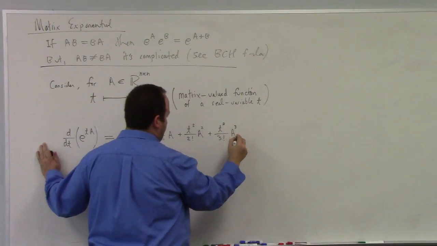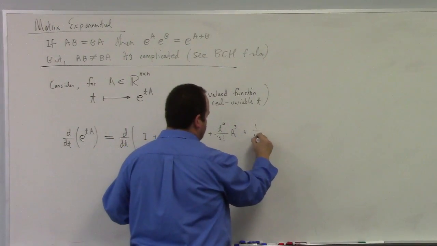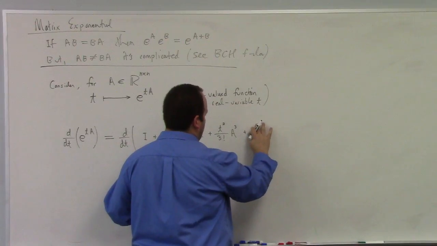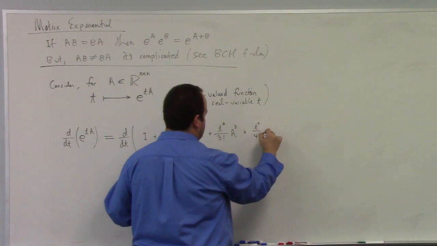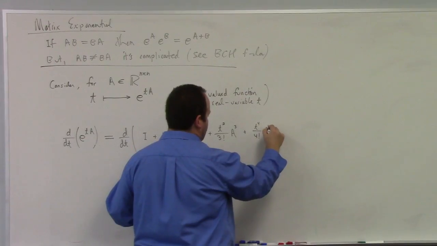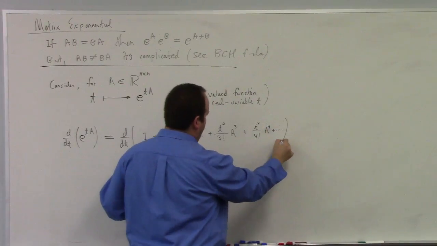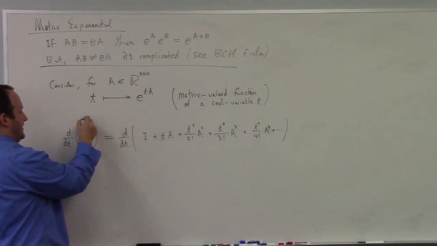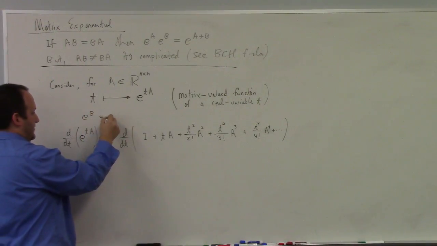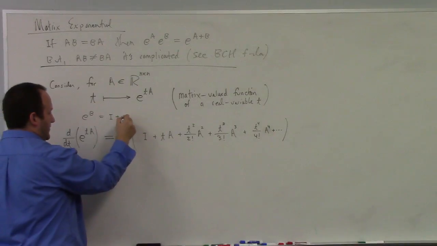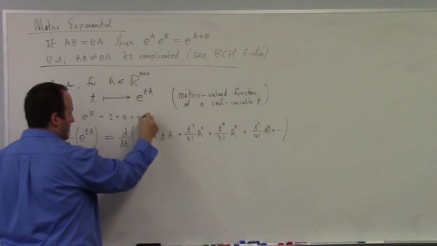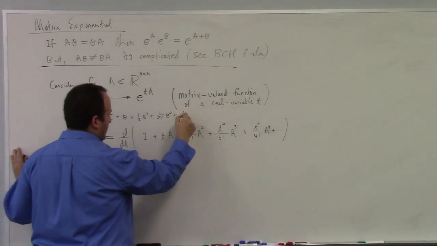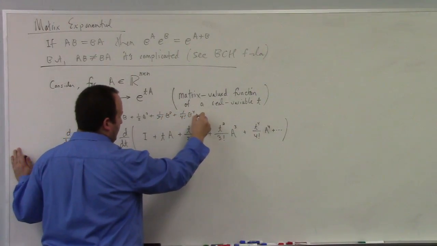Now here I'm using a property of scalar multiplication. So in order to do this, I'm thinking e to the b is equal to I plus b plus 1/2 b squared plus 1/3 factorial b cubed plus 1/4 factorial b to the 4th plus dot dot dot,